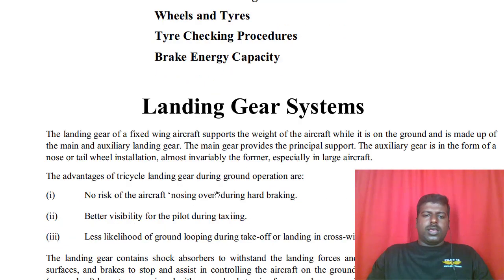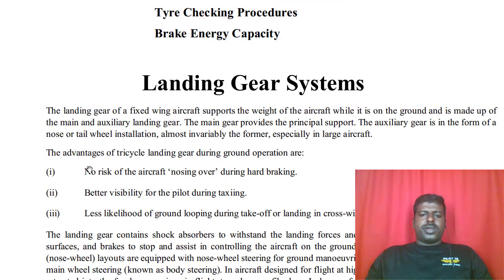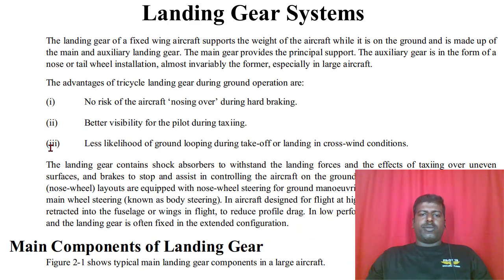So what are the formats of landing gear? The main one we use nowadays is the tricycle format landing gear: nose landing gear in the front and the main landing gear behind. Earlier, in smaller aircraft, it was reversed, meaning the main landing gear was on the front and a single small landing gear on the back.